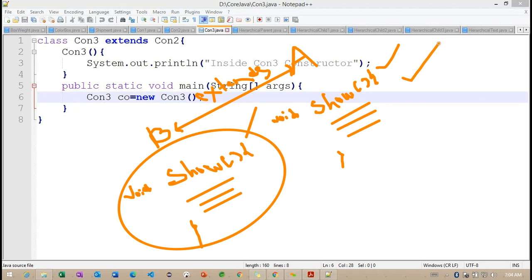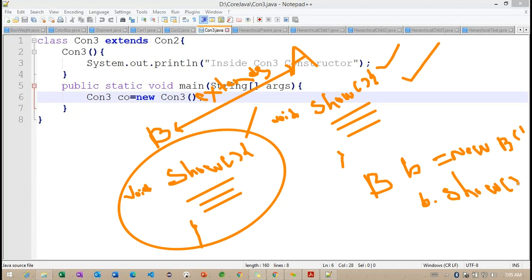Now what happens if I create an object? We create a child class object: b is equal to new B. Now whenever I call b.show, which method is going to be called?